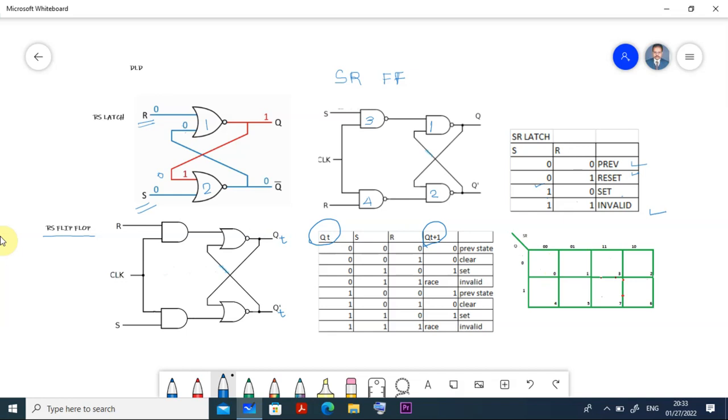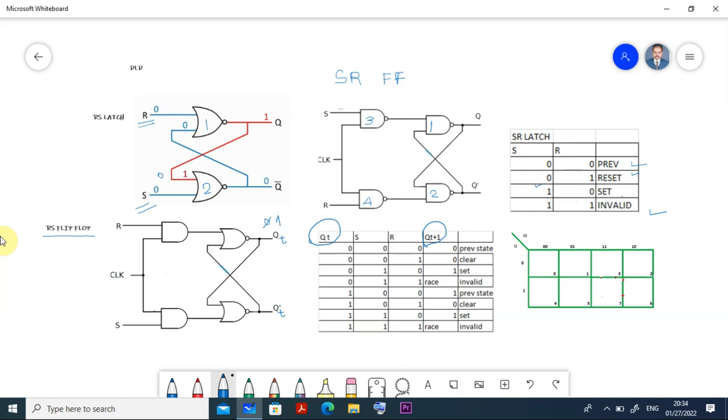Are you following? So this is the case when the previous output is equal to 0. Suppose instead of 0 the previous output was 1. Now let Qt be 1. Again there are the possibilities 00, 01, 10 and 11. With Qt equal to 1, see the first case 00: it goes to the previous state, which is 1, but here it is the opposite. That means when I change the value of Qt, the output also changes.